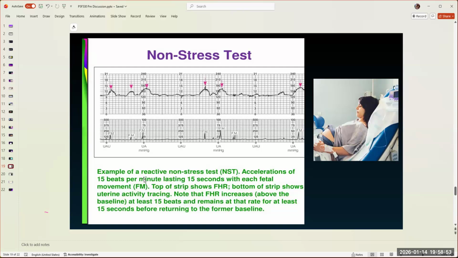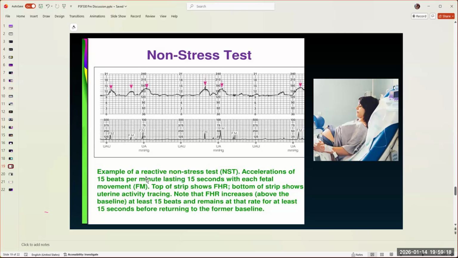That is a really good sign. It means a baby has adequate oxygen and is able to adjust, has enough energy and oxygen to move, and the heart rate is able to go up. So we want a positive non-stress test. Positively, that baby's heart rate went up. So we want to see it